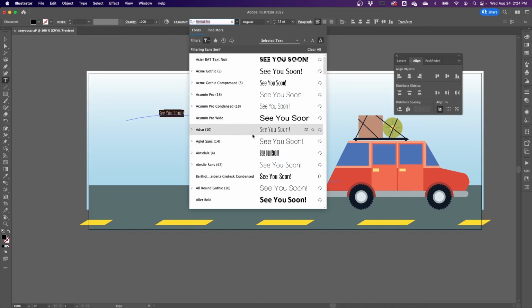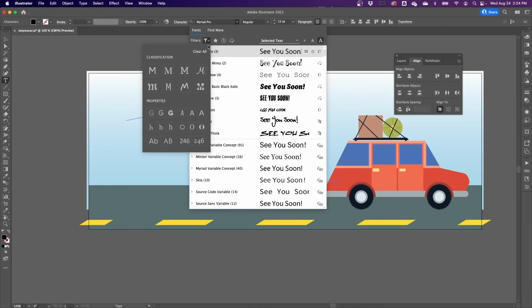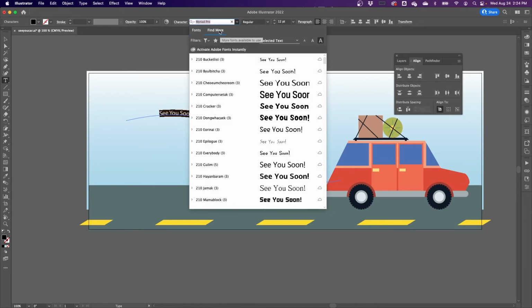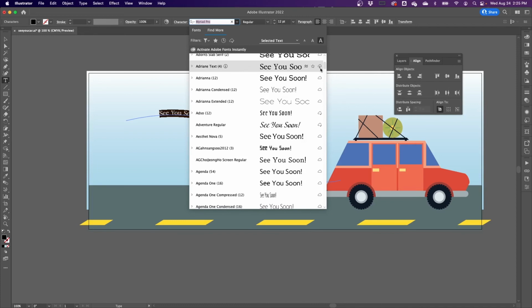Where it says Fonts, that's going to be everything that's installed on your computer. If you click, let me just clear my filter here, if you click on Find More, this is going to be all of the fonts you can get through Adobe. If you see a font you like and you want to add it to your collection or you want to use it, just click on this cloud right here, and it will activate and be added to your account. If you are having trouble searching through everything, or you have an idea of what you want to use but you don't want to dig through all the fonts you have, you can actually go up to the top here